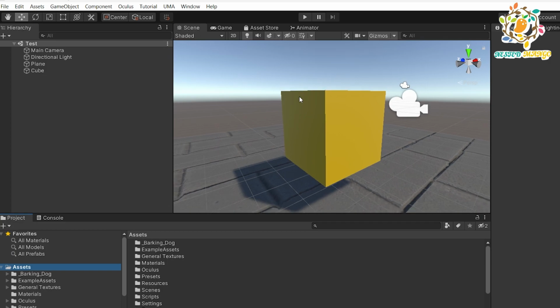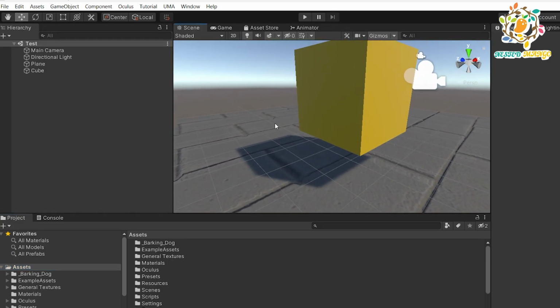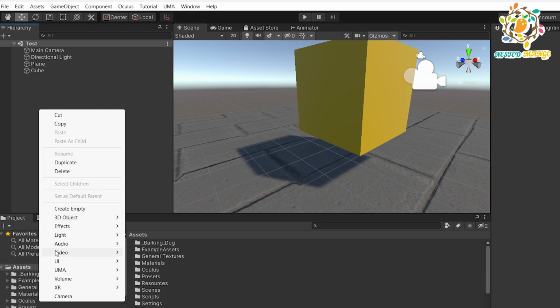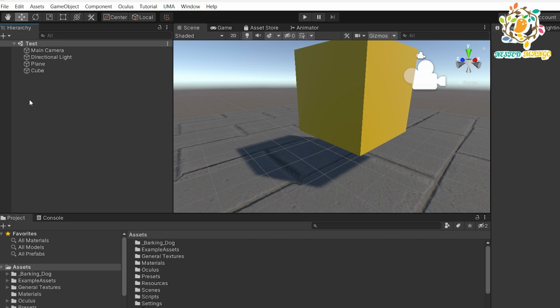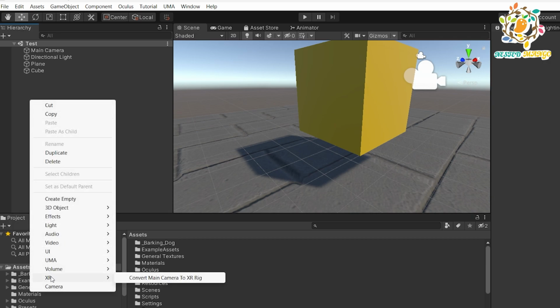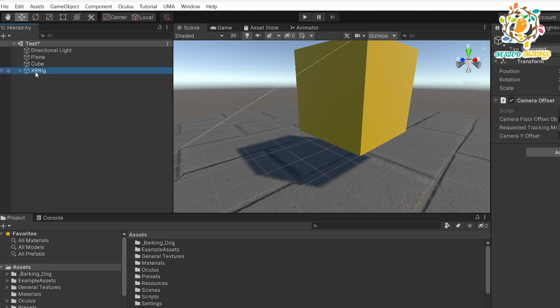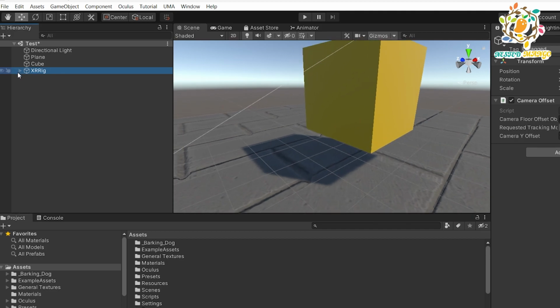Okay, now when it comes to movement, let's suppose I'm doing the XR. Here you can see we can see XR. When you right click in the hierarchy, here we are able to see the XR. And when you click on Convert Camera to XR Rig, this camera will be converted into your XR rig. So let me do this. So now your main camera is an XR rig. Currently in the XR rig, basically it is your player and it is the camera offset. Inside that